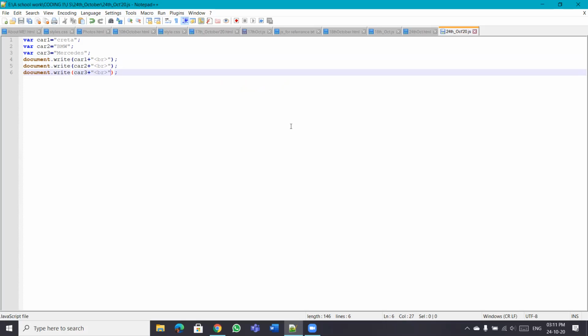Karan, done? Yeah. Okay. Now imagine you have got probably 20 cars or 30 cars, then you need to write 20 different variables, and then you have to write these lines 20 times, correct? Yes, sir. And this is not a good way to program it. In these scenarios, we make use of something called arrays. Okay,